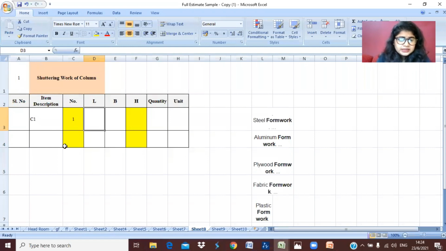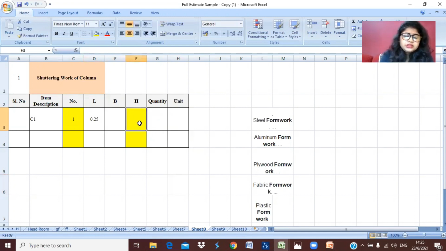Here I will take separately in the first row the size of 250, and in the second row the size of 300, and I will add the extra part to this 300. Our size 250 is 0.25 in meter.